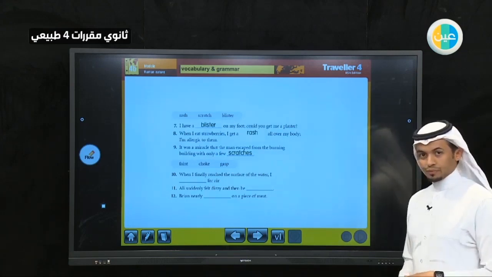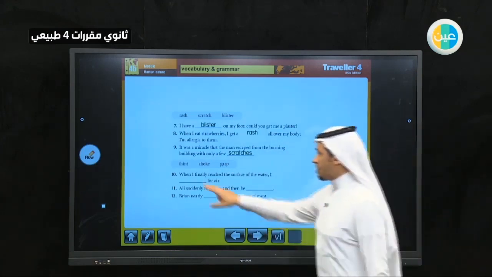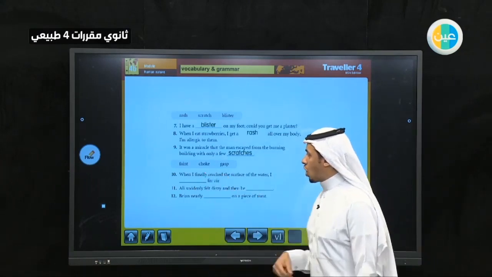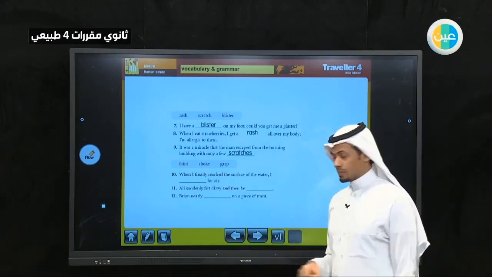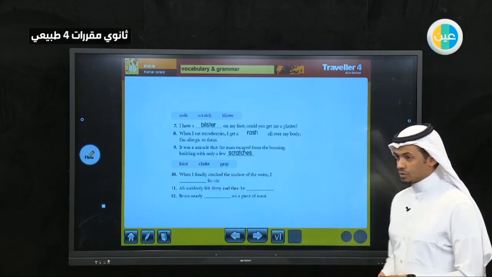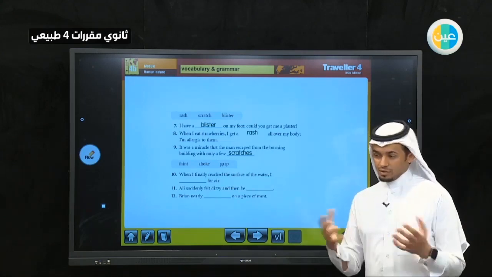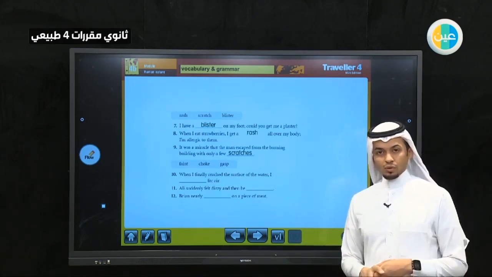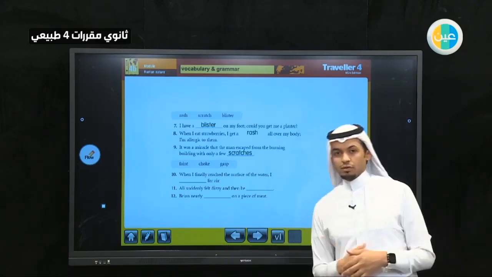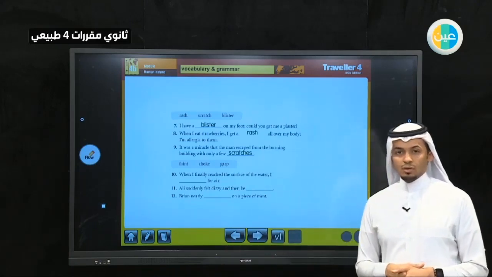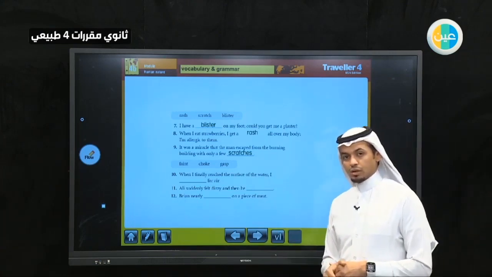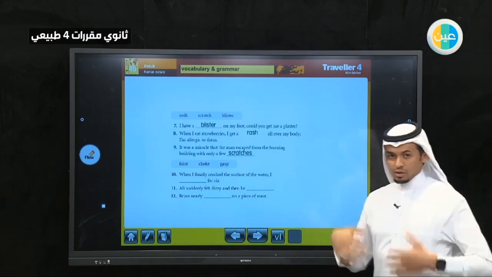Next group. Faint, choke, and gasp. Faint is when a man doesn't feel well, and he falls down. Why does he fall down? Because we call it